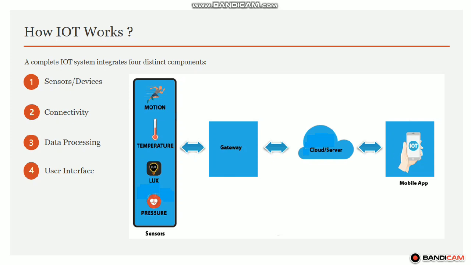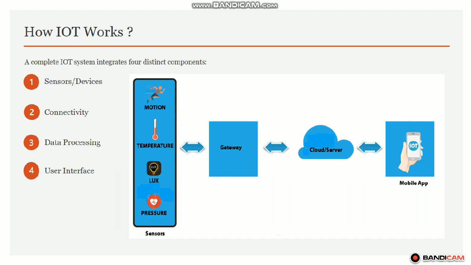The fourth component, user interface. The information is made useful to the end user, like a text alert when the temperature is too high in the company of a cold storage. Also, a user might have an interface that allows them to proactively check on the system. The best example could be the user might remotely adjust the temperature in a cold storage via an app on their phone.